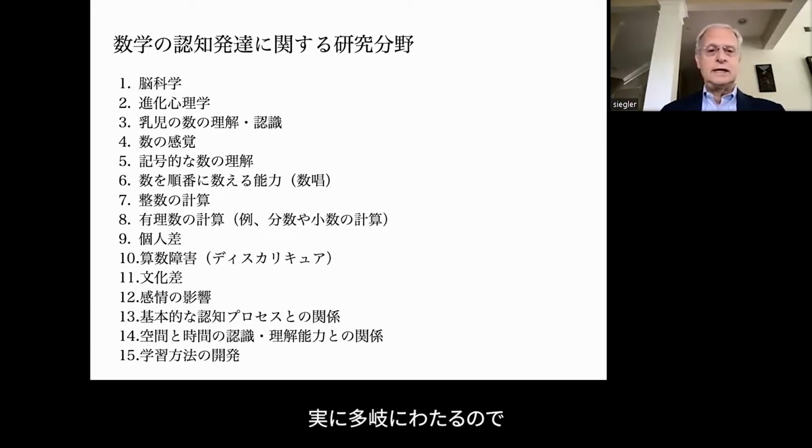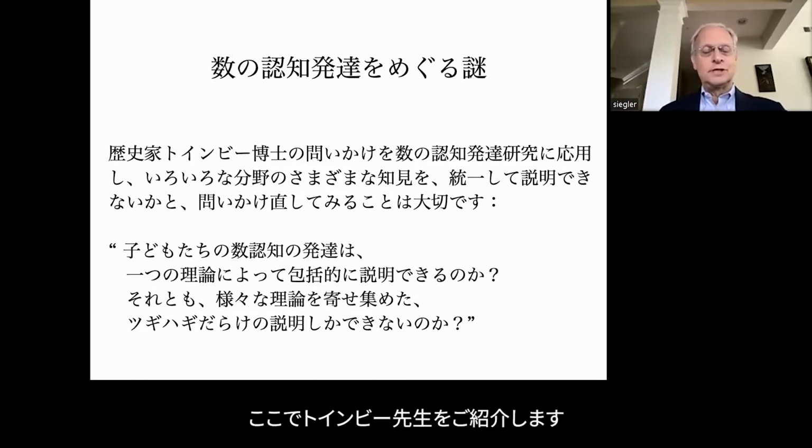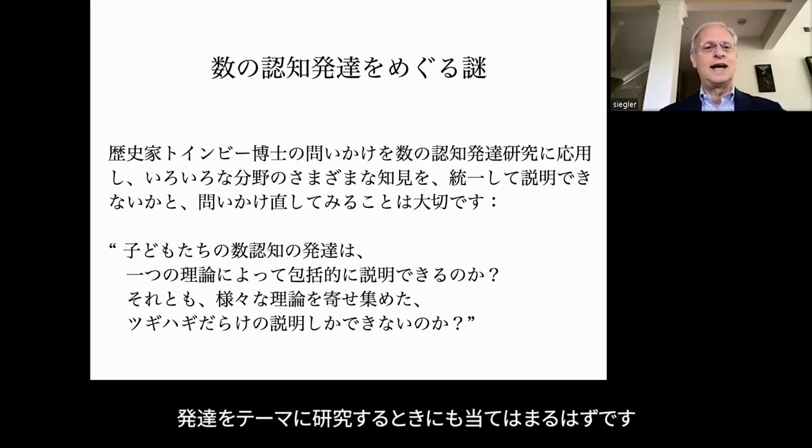There's so many different research areas that sometimes we ask ourselves, is any theoretical integration justified? There was a great British historian named Arnold Toynbee in an earlier generation. He worked in the 1930s, 40s, 50s. And he asked a question about history that can be applied to psychological development.